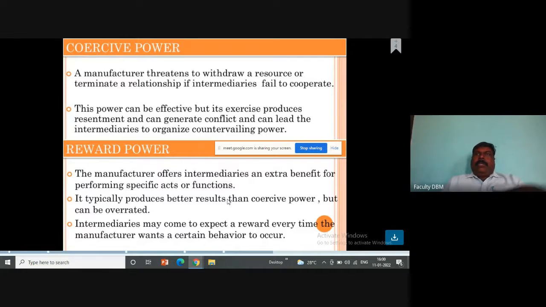See that the overall discount, plus if he sells the box rate also, he will be getting this. So, a manufacturer offers intermediaries an extra benefit for performing specific acts or functions. That's why I'll tell you, awareness: whenever a retailer gives a product in exchange for the money, like